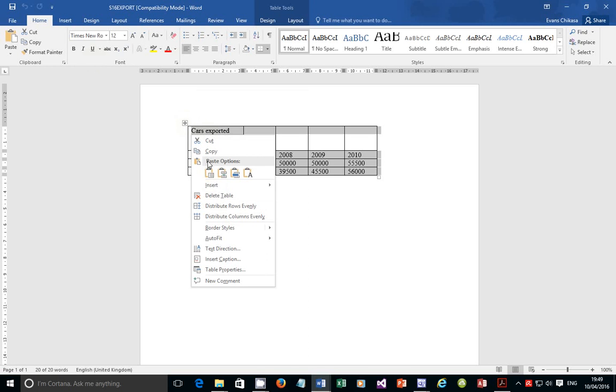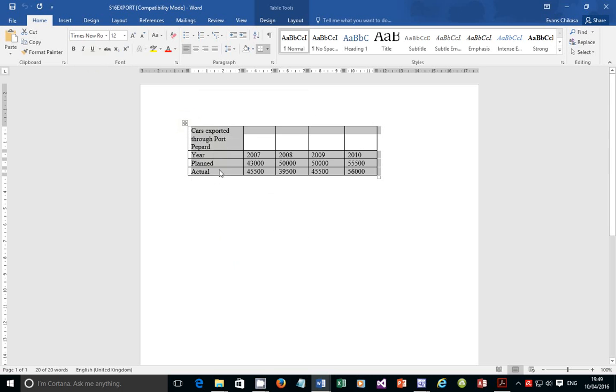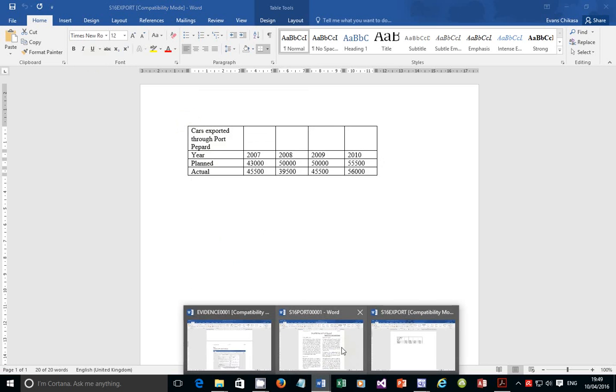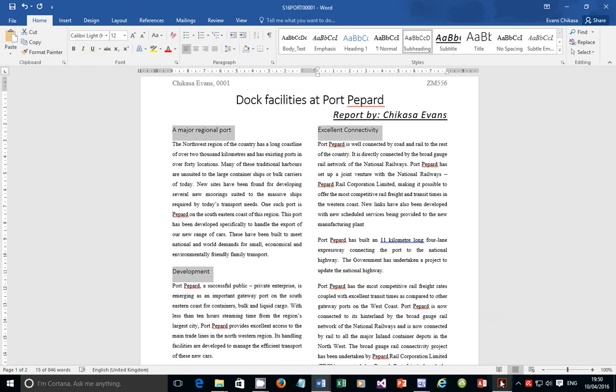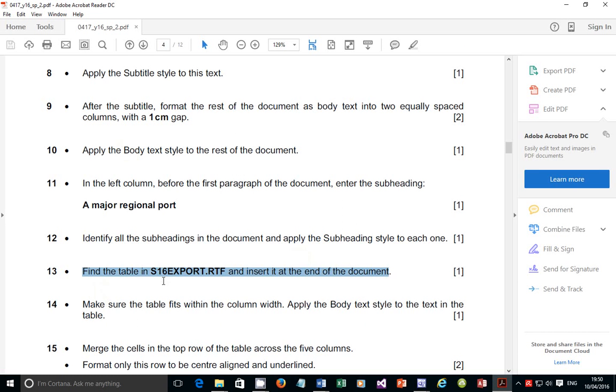This is the menu I expect to have when I right click on my mouse. But alternatively, I could have just copied with Control C on my keyboard. So I'm going to go back here, and we are told that we're supposed to insert it at the end